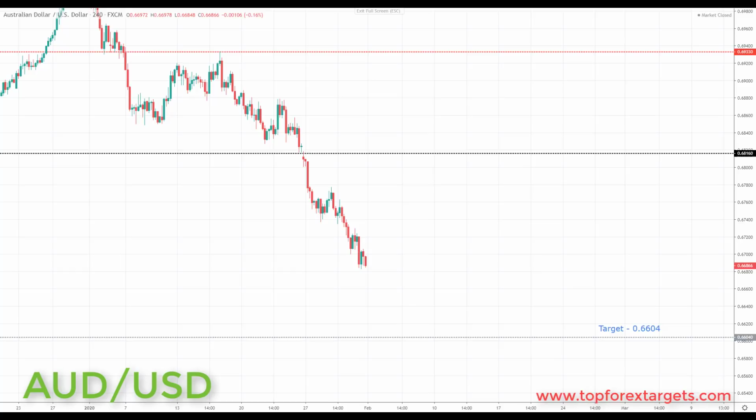So very simply put, going into next week, if we can get a pullback in the Aussie dollar, and any pullback, and as always, preferably if we can come back and retest broken support turning resistance, any pullback in this area is going to be viewed as an opportunity to start to look for bearish setups. And if we get the right kind of bearish setups in this market, we're going to be looking at initiating shorts down towards the next key of support to the downside and the target set at the 0.6604.